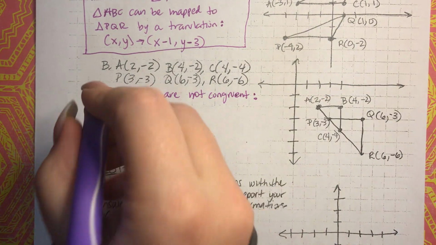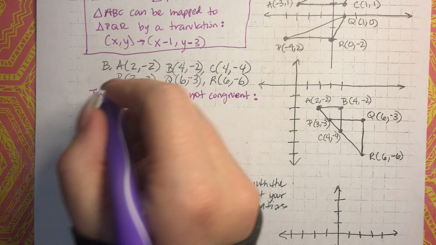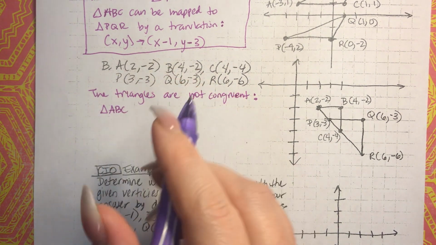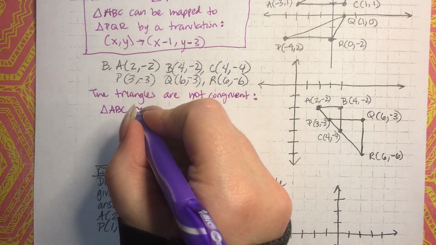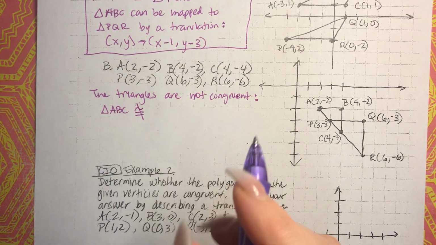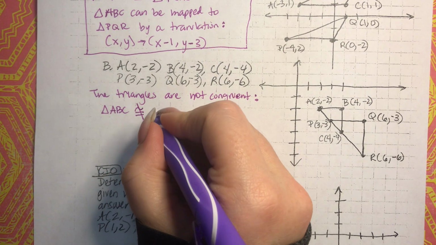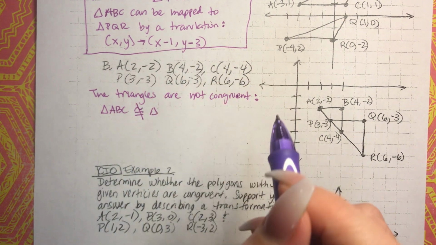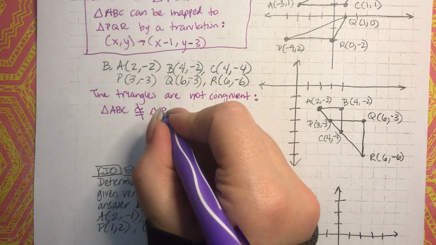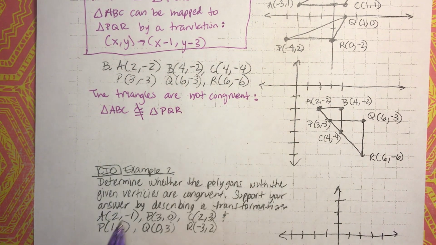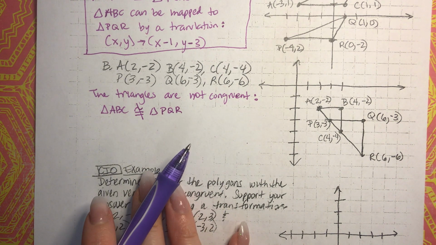You can state that like this: triangle ABC, you make a congruent sign and then you put a line through it, and that means not congruent. Is not congruent to triangle PQR. Okay, so those two triangles aren't congruent